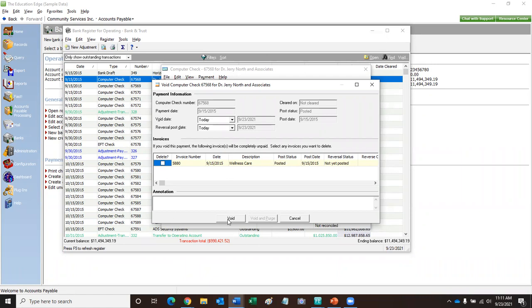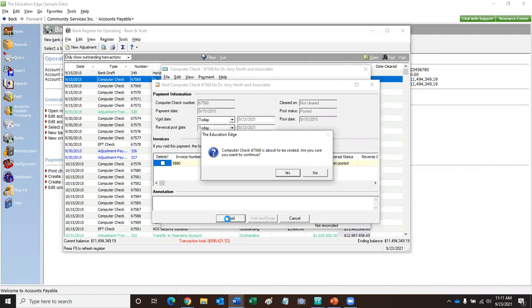And here we go. And then it jumps up and says, okay, so you're going to void this. The computer check is about to be voided. Do you want to continue? So yeah, because this is what I wanted. I need to get rid of this payment. Maybe they didn't cash the check, maybe it came back to us, whatever the reason is, I'm going to go